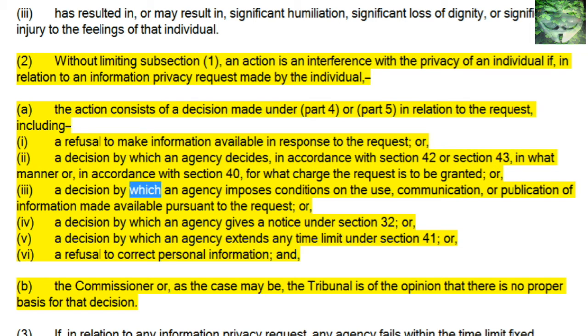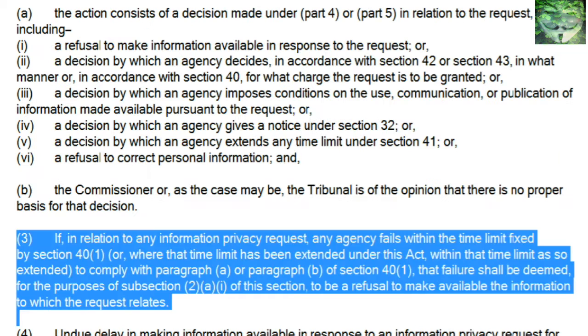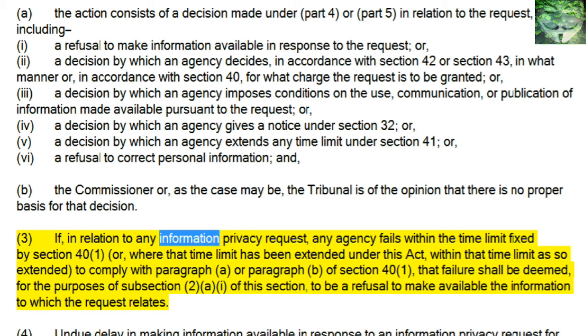(iii) a decision by which an agency imposes conditions on the use, communication, or publication of information made available pursuant to the request, or (iv) a decision by which an agency gives a notice under Section 32, or (v) a decision by which an agency extends any time limit under Section 41, or (vi) a refusal to correct personal information, and (b) the Commissioner or, as the case may be, the Tribunal is of the opinion that there is no proper basis for that decision. 3. If, in relation to any information privacy request, any agency fails within the time limit fixed